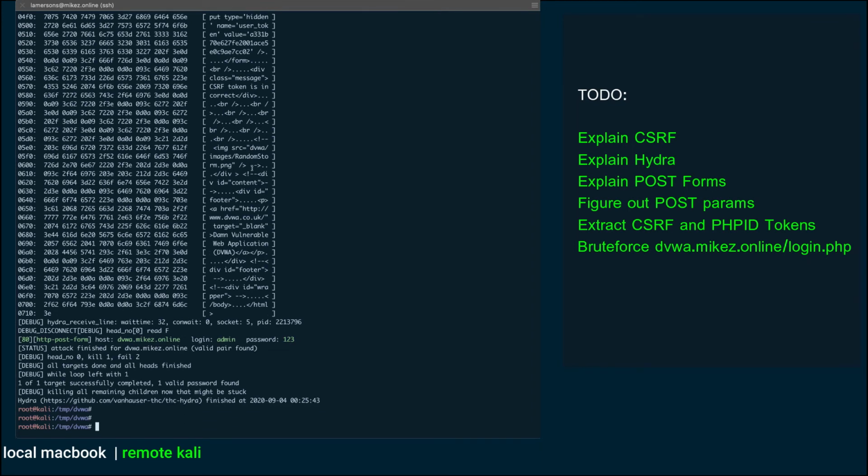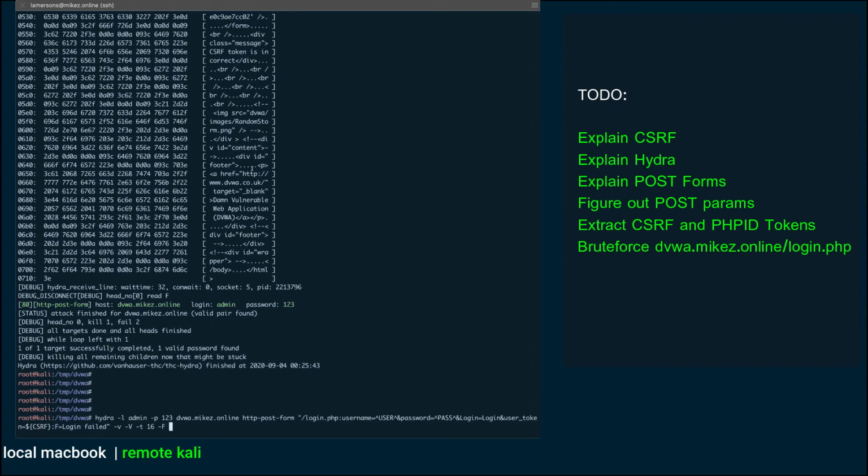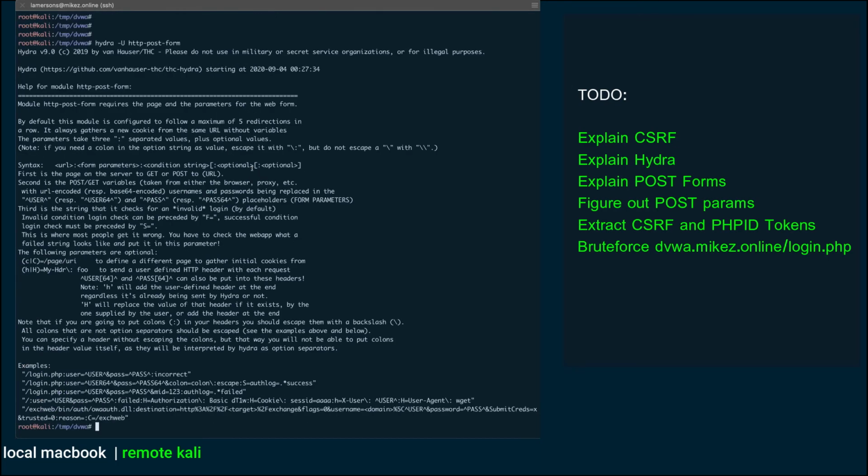And actually I was really struggling with that one because I just couldn't understand how to make Hydra stop making the first GET request, and so I had to go, of course, to the manual, and I found this command. So basically, if you specify this C equals something, it will gather the initial cookies from